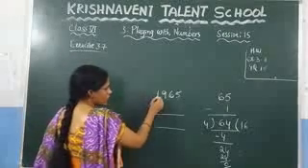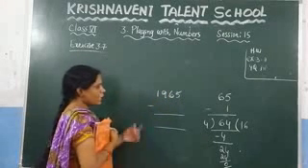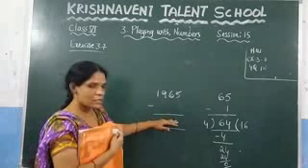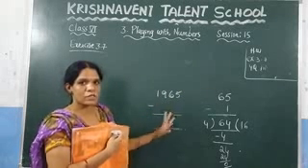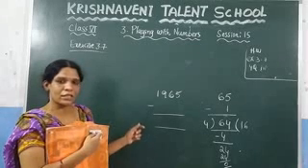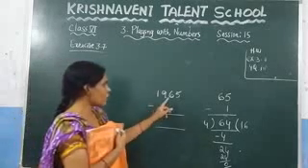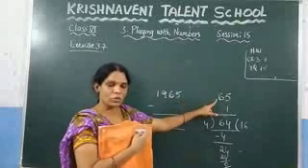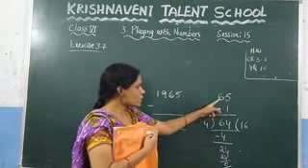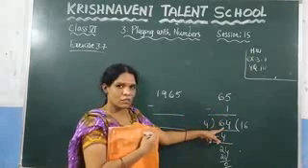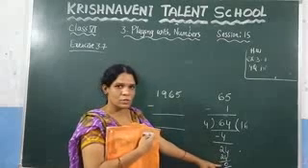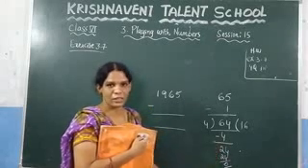This is the given number, and they are asking you need to subtract one number such that you will get a result, and that result should be divisible by 4. So for the divisibility rule for 4, we need to check the last two digits in this case. We have taken the last two digits 65, and you know that 1 is the smallest number, and we have checked for that number. 65 minus 1 gives 64. Now whether this number is divisible by 4 or not, clearly it is divisible by 4 because you are getting the remainder here as 0.